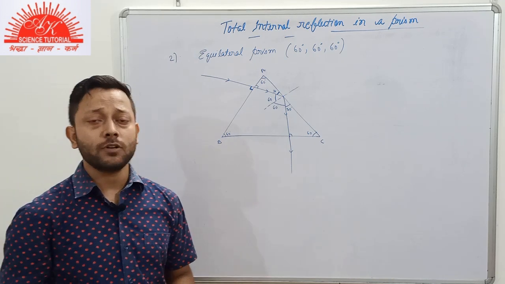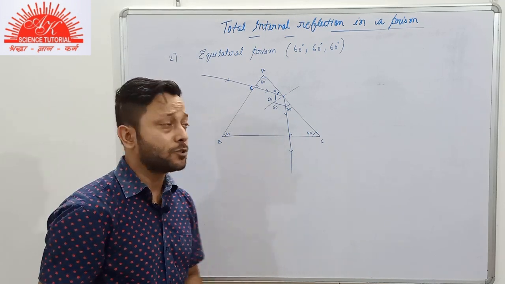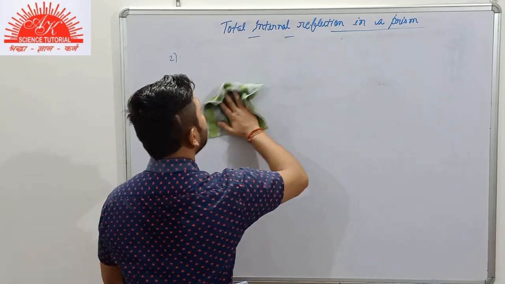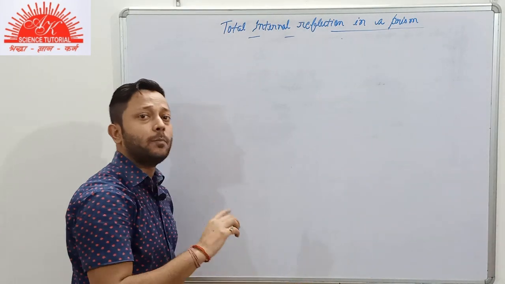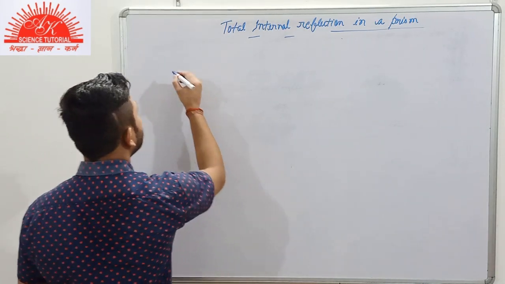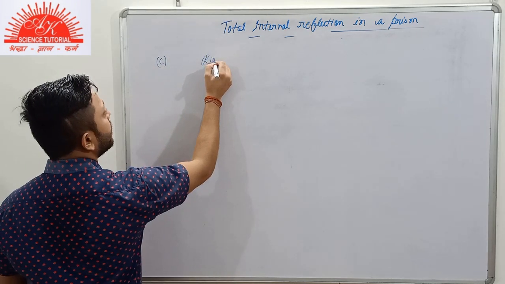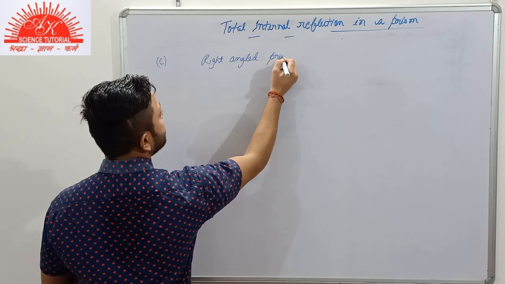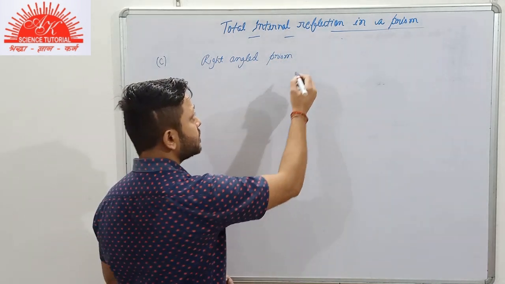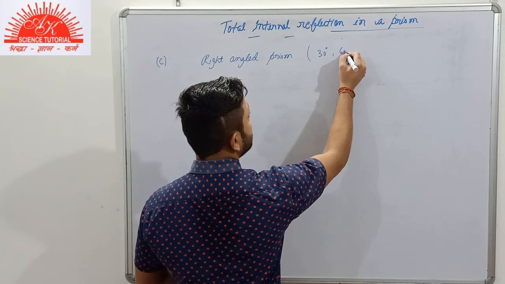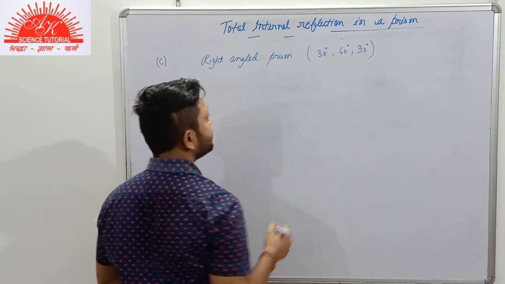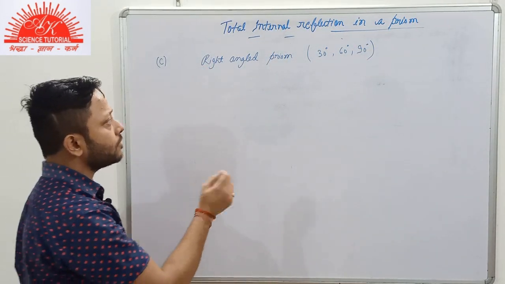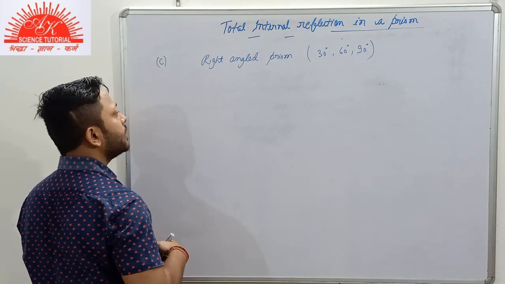Now we move to the next case, that is a prism having its angles 30, 60 and 90 degrees. It is also a right angled prism, but it is not isosceles. A right angled isosceles prism will be only when the base angles are equal to 45 and 45. But here in this case we have a right angled prism. I won't mention here that it is a right angled isosceles prism because the angles here are 30, 60 and 90. So obviously it is right angled because one of the angles of the prism is 90 degrees and the rest of the angles are not equal in magnitude. They are 30 and 60.